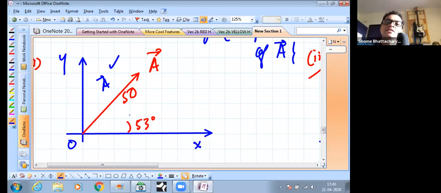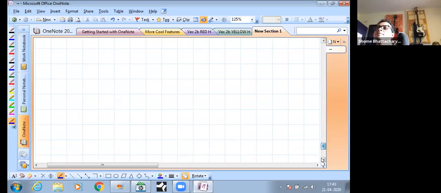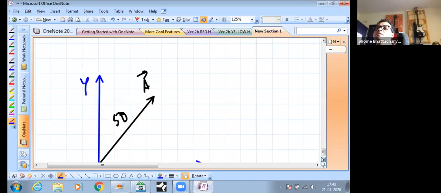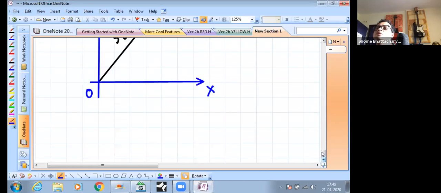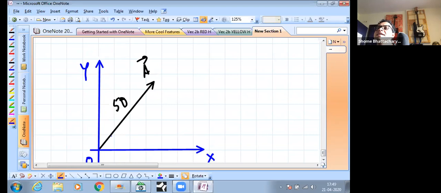As long as I don't change the length of the line, nor do I change this angle, this angle is still 53. So this vector is the same as the vector which we drew. That becomes a convenient way of tackling a problem like this. First you imagine you've drawn the vector from the origin. So you can see that this angle